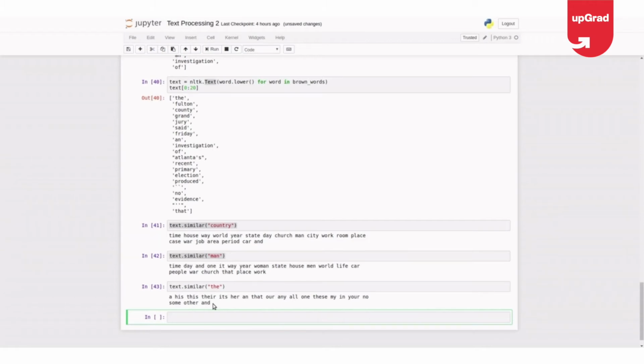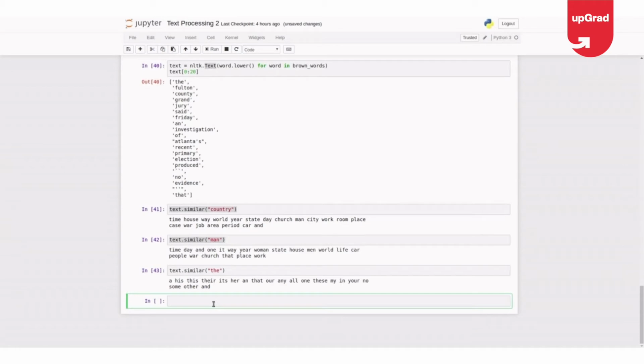Okay, let's just build a small use case and understand how this can be helpful to us in real time, in any data set. Let me take a tagged data set. In NLTK you can get tagged data first.